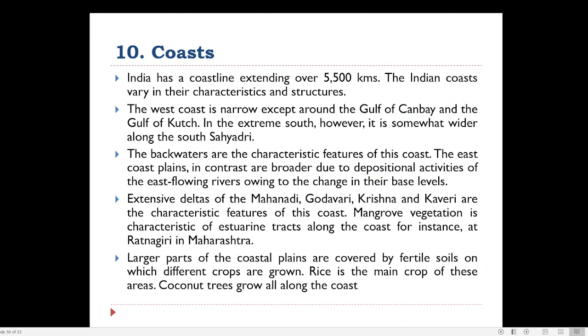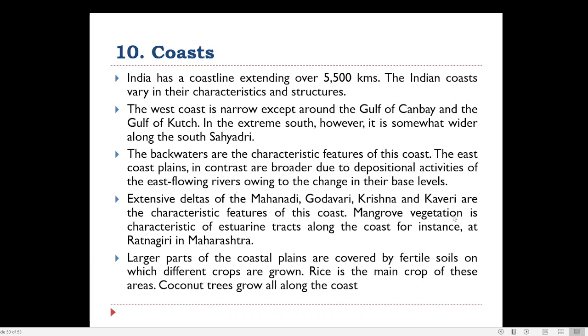Then finally, the last region in the Indian region is the coastal region. We have a huge coastline, nearly 6,000 kilometers of Indian coast. We have a western coast and an eastern coast. Then there are extensive deltas formed by important rivers like Mahanadi, Godavari, Krishna, Kaveri. Their mouths open into a delta region,